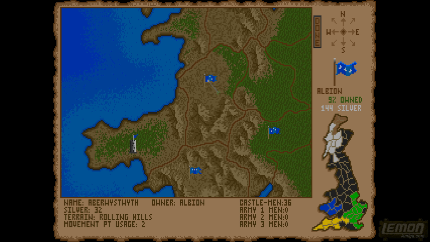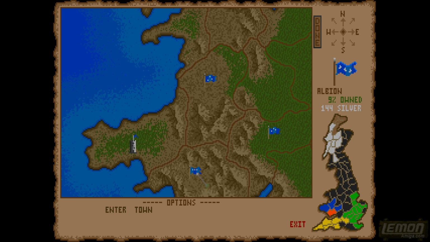As soon as we click on a land, Aberystwyth, we can see who owns it, and we can see what defences we've got in there, and it will automatically go into our main castle. Don't forget, that's definitely a drawback of this game. As soon as you've conquered that, it will go into the main castle,